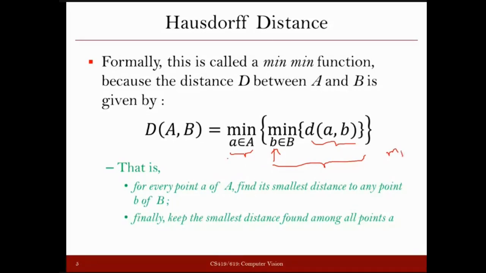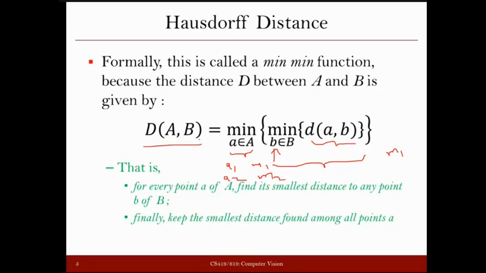When a was a1, you got M1. And when a is a2, again a2 will be compared with all the possible points from B, and then let's say you get minimum M2. So if you have, let's say, 100 points in capital A, with respect to all 100 points you will get 100 minimums. And out of all those minimums, whatever global minimum you have, that will define the distance between A